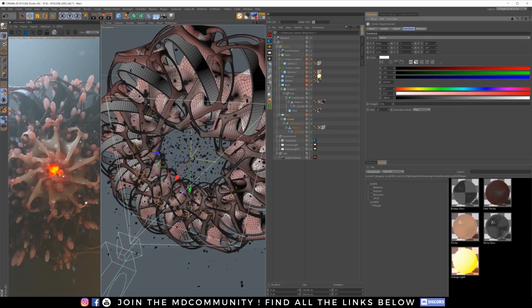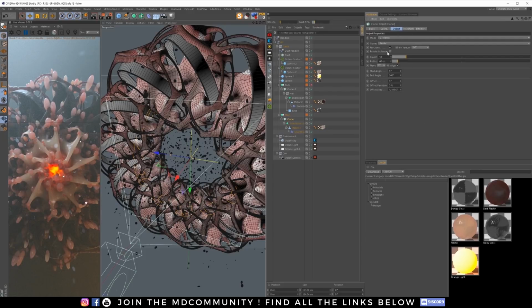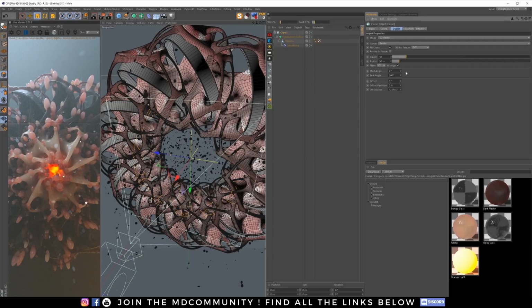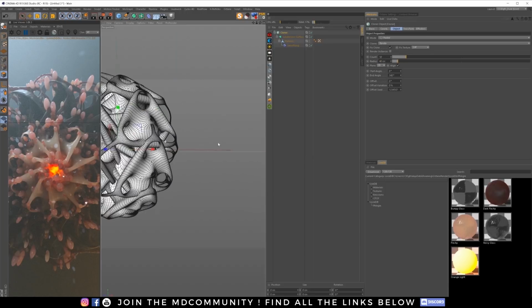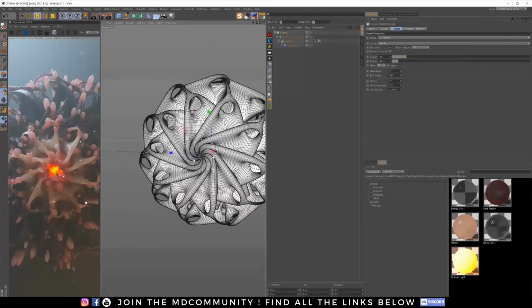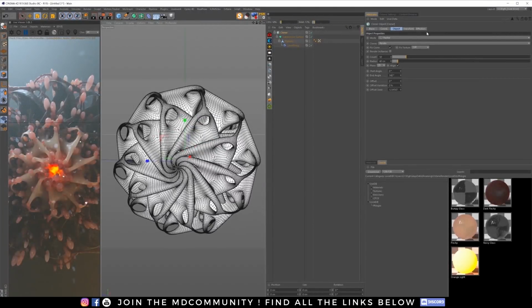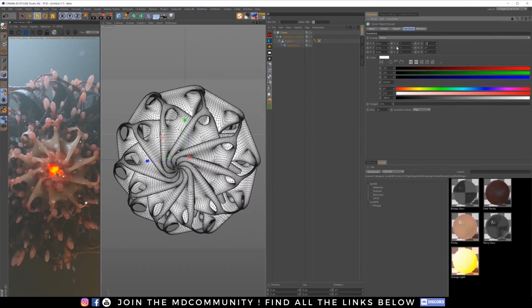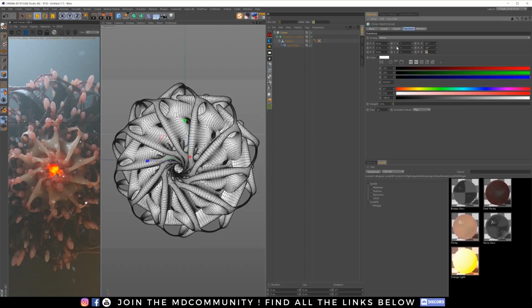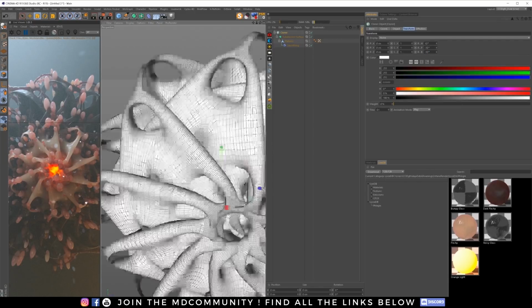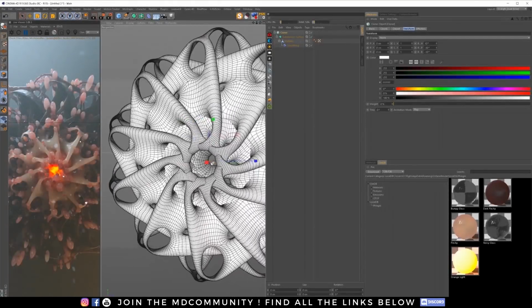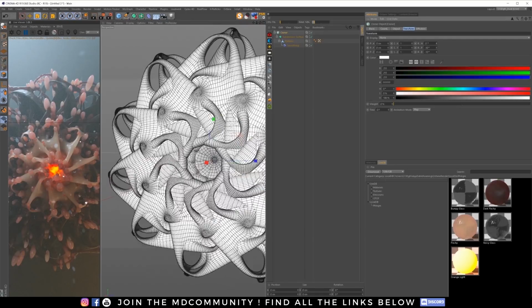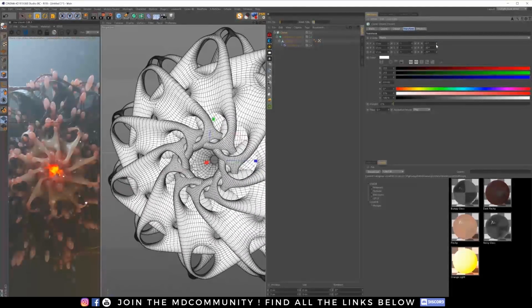10, 40, ZY. Let's go back. 10, 40, ZY. So ZY 10, 40. I think most likely. Wait, we gotta do the transform. That's right. 10 tab minus 30 tab minus 10. That's pretty close. Might not be exact simply because my shape isn't exactly as the other one was, but again,